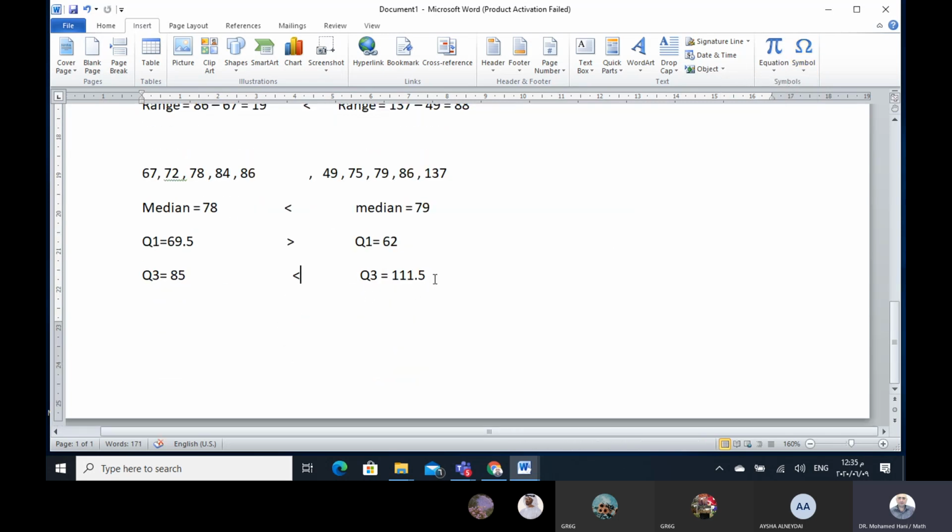Now find the IQR for the first week and the IQR for the next week. IQR equals Q3 minus Q1. Q3 minus Q1 means 85 minus 69.5. So it will be 15.5. And here in the next week IQR, take